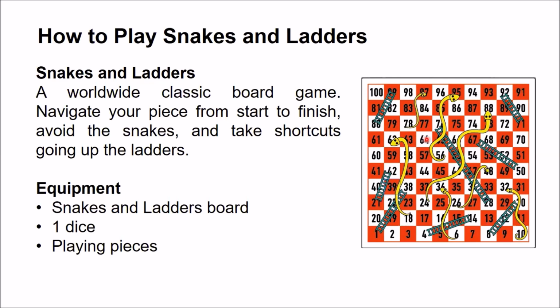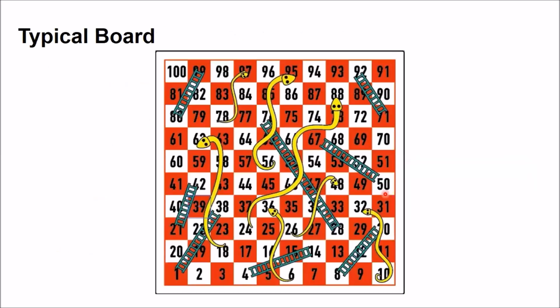Now, in our design, that means what you have to design for the project, it is not that complex. You will have only one snake, one ladder, and a 4 by 4 board. That means you have a total of 16 blocks there. In the real game there are 100 blocks, but you have only 16. So you need to design that board and a dice circuit. I think you got a rough idea.